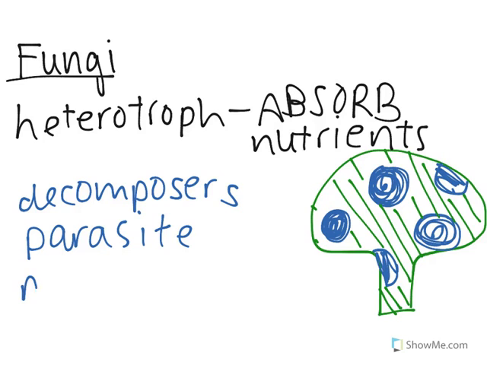And then it could also be mutualistic. So some fungi actually live on trees, and then they exchange different benefits between the tree and itself, so that the mushroom or the fungi can get nutrients from the wood, but the fungi can also protect the tree from other organisms and things like that. So it can also engage in this mutualistic relationship with its environment as well.